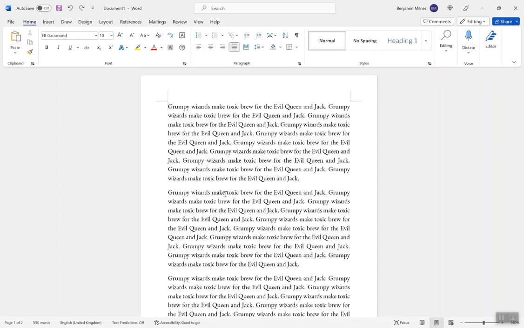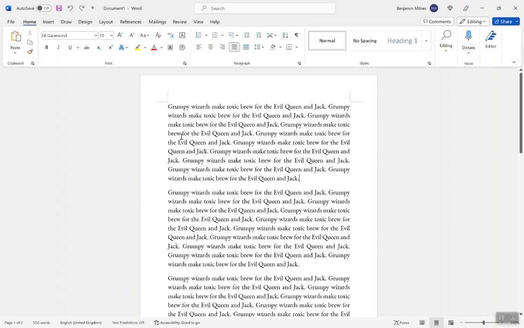Train yourself out of the habit of using the tab key. Instinctively, I tend to use the tab key when I'm typing. But train yourself out of the habit so that by the time you've finished writing your book, you've never pressed the tab key, you've not put any tabs into the book. That's the best way to do it. And then once you get to that point, it's very easy just to go through and actually implement the indentation